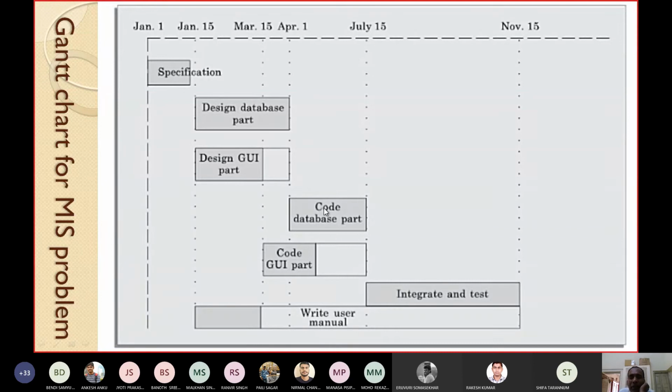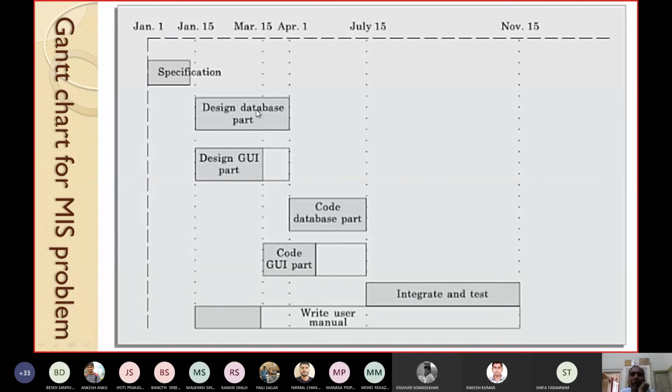So that's why, what I have done here, code database part will take 105 days. Code GUI takes only 45 days, but integrate and test cannot start until both the coding activities are over. So even if code GUI part is finished early, it has to wait. That's why this is the white part, or the unshaded part. This is known as the free part or slack time, because this much time is idle. The person doing the coding now has to sit idle. Only when both things are over, maybe from January 5, can integration and testing be taken. It may be 60 days or so.